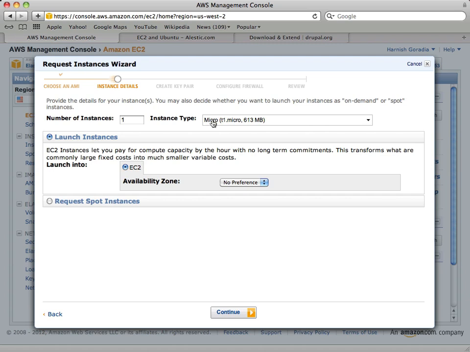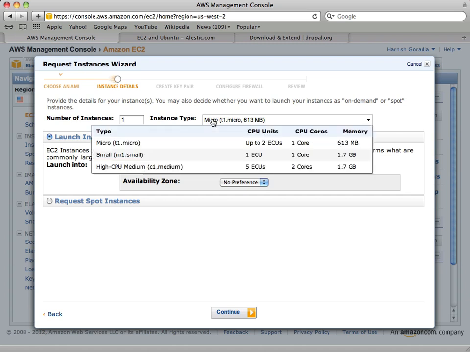So I believe 10 is still the threshold, and if you want more than 10 instances, you have to make a request to Amazon. I have the ability to start these 3 instances because I selected the 32-bit AMI. If I selected the 64-bit AMI, I would see more selections here.